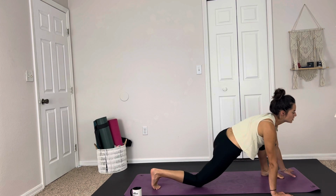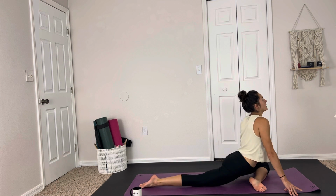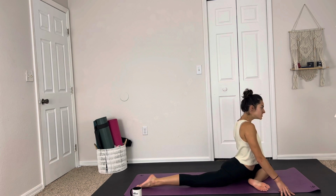Noticing how it feels different doing this in the reverse when we're already open with pigeon, coming here versus doing this one first. I always find that I like it, but it's a little awkward in my body. And turning onto the foot for pigeon. I love doing things in reverse and making my flows circular and move around the mat, but sometimes it just feels so odd to be so thoroughly warmed up on one side